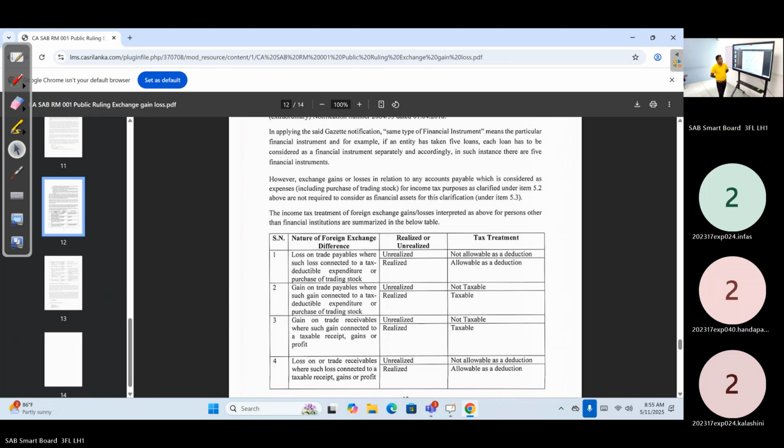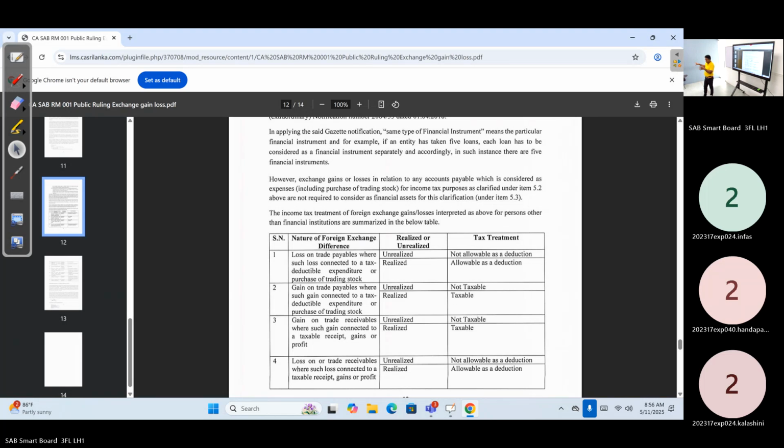Unrealized loss is not allowable as a deduction. If it is an unrealized gain or loss, that is a loss, right? So realized loss is allowable as a deduction. On the other side, if there is a gain, unrealized is not taxable, and realized is taxable. So if we put it in very summary form, any transaction which is connected to the income statement